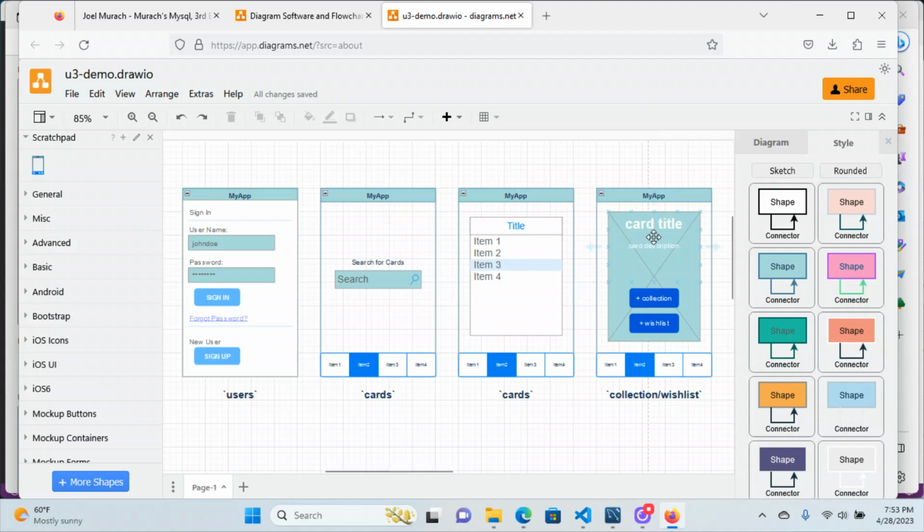And then, the user needs to be able to add one or more of those cards to either a collection or a wish list or both, right? So starting out in Markdown here,